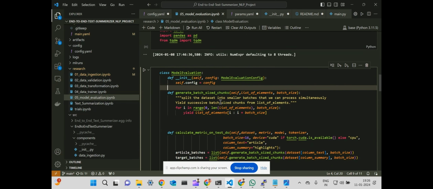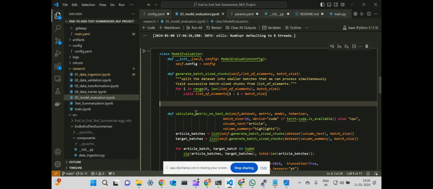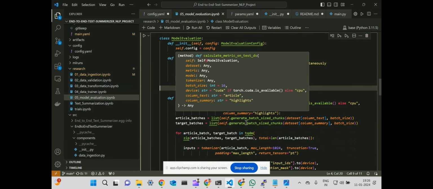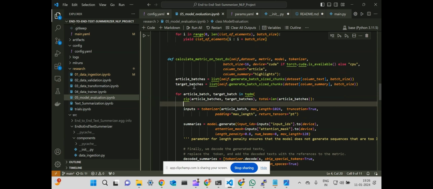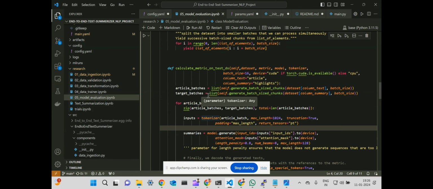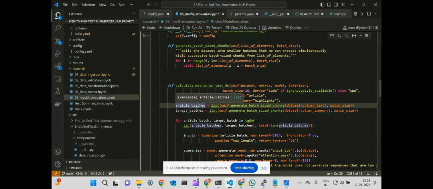That means the dataset is there, right? On the dataset I'm doing the chunks and calculate metric test. See what I am doing here is, I have to generate the summaries. I have to give the input. See, after giving the inputs to the tokenizer, you can see calculate metric on test dataset. Let's see what this function does. Self dataset we are passing, metric, model, tokenizer, batch size, everything we are passing, and article batches list, self dot